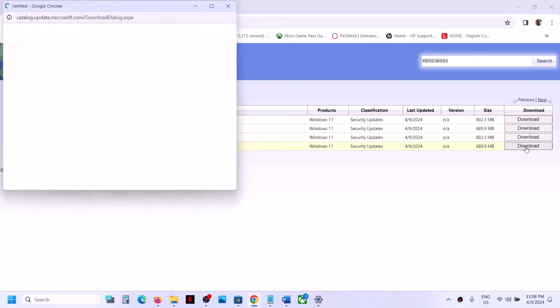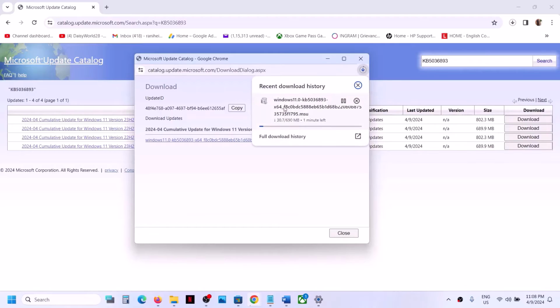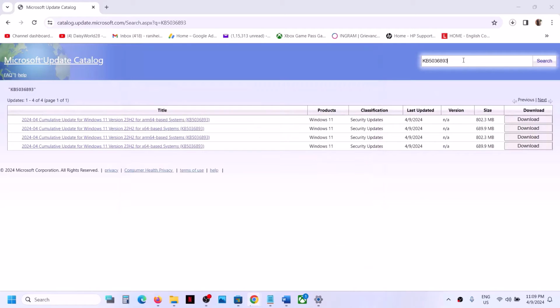I will click on download on this, and then click on this blue hyperlink. Once you click on it, it will start downloading the file. Once the download is complete, you can click on this file and run it, and you can update this update manually on your Windows 11 computer. So you can try this. Similarly for